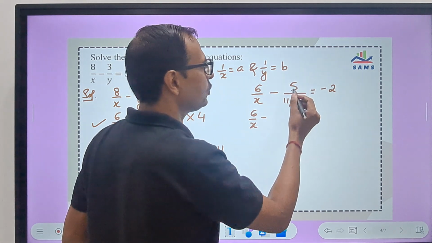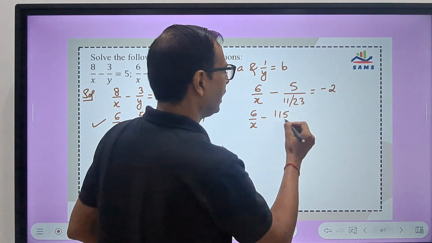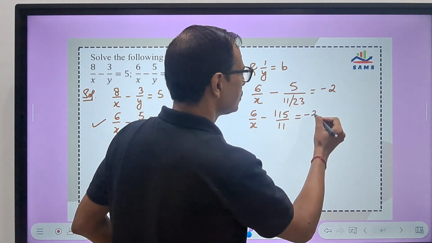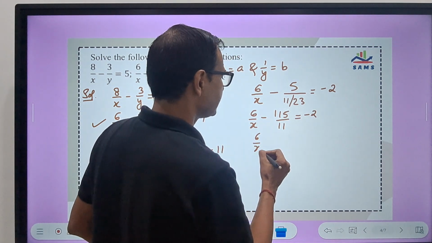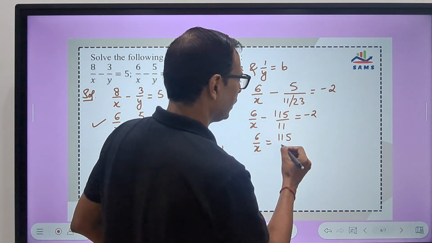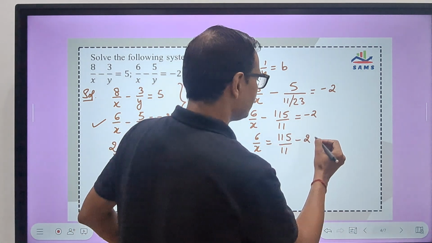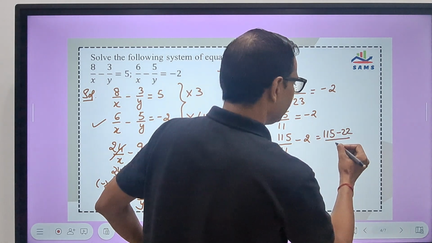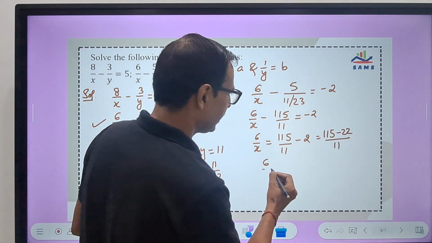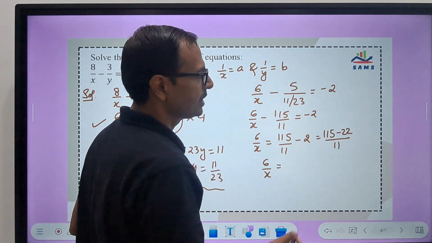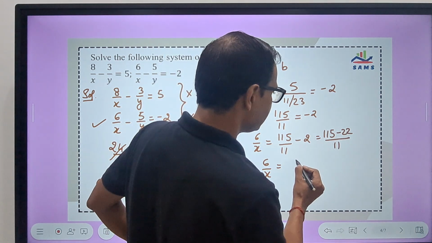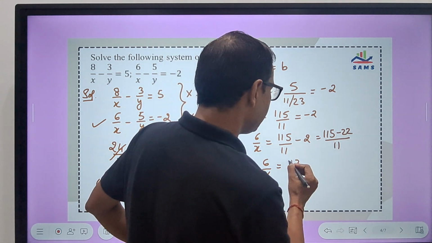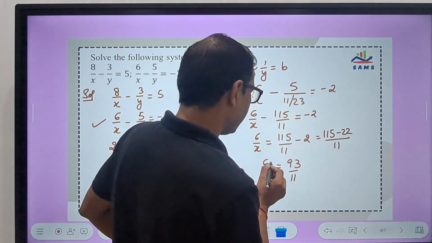So 23 into 5 is 115 upon 11 equals minus 2. So 6 upon x is 115 upon 11 minus 2, which gives me 115 minus 22 upon 11. So 6 upon x is, so when you subtract these, you get 93 upon 11, and 6,